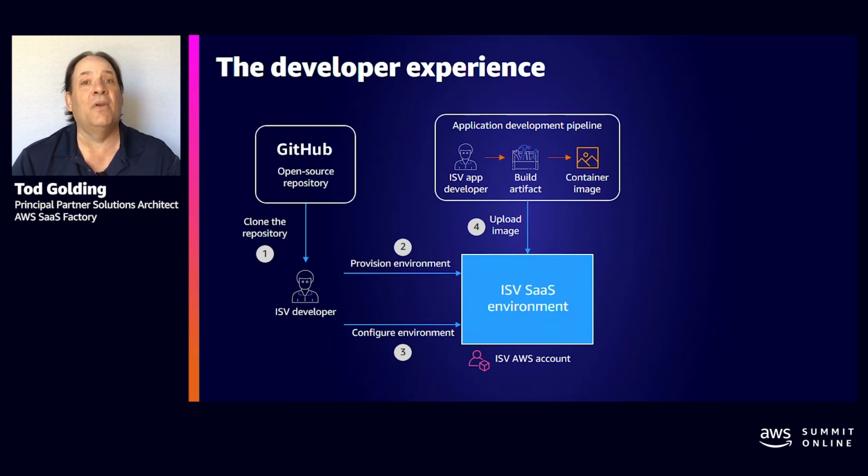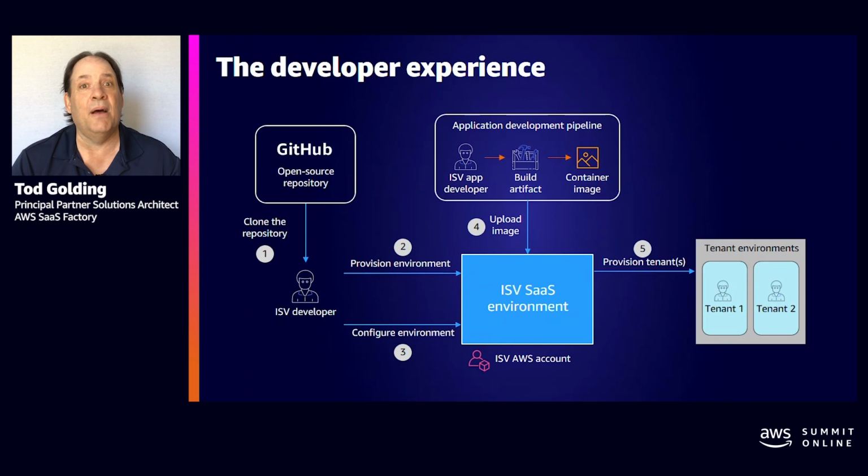You'll actually need to containerize your application. Hopefully, if you've got a monolith, you can just create a containerized version of it and then upload that container to the SaaS Boost environment. And once that's in SaaS Boost, we know what your app is configured like. We have this container with your application. Now we're ready to start provisioning tenants and setting them up. So now we can start provisioning tenants and really get the goodness of SaaS here, and let SaaS Boost take care of provisioning and all the moving parts of getting a new tenant introduced.